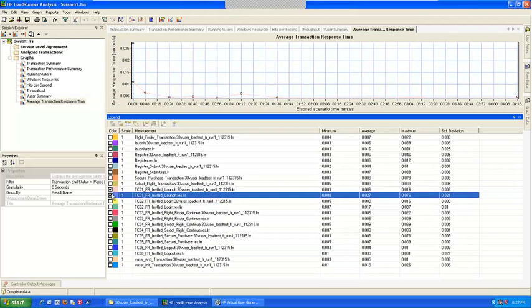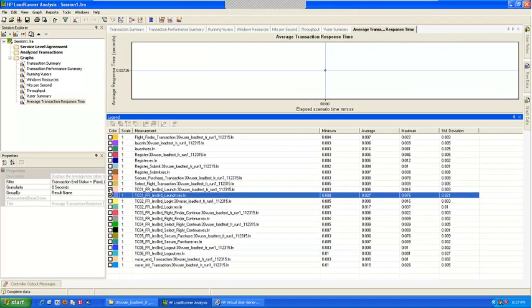Okay, since we ran the test only for 2 minutes, by the time it started I stopped it, but it will show you both the graphs. You see here, it will display both the graphs for your analysis. Similarly, you can view and take all these graphs as your report.